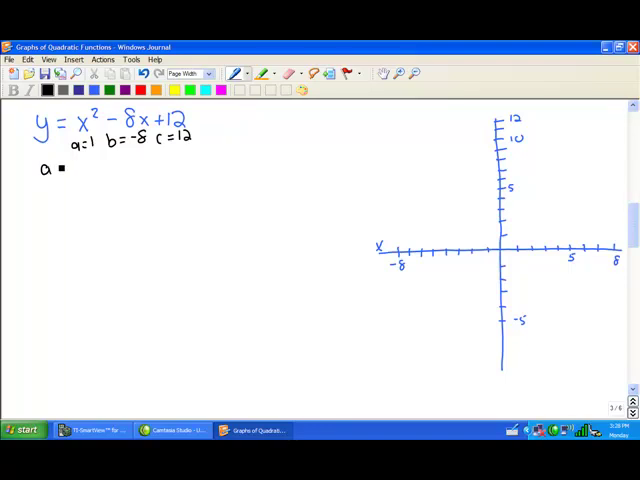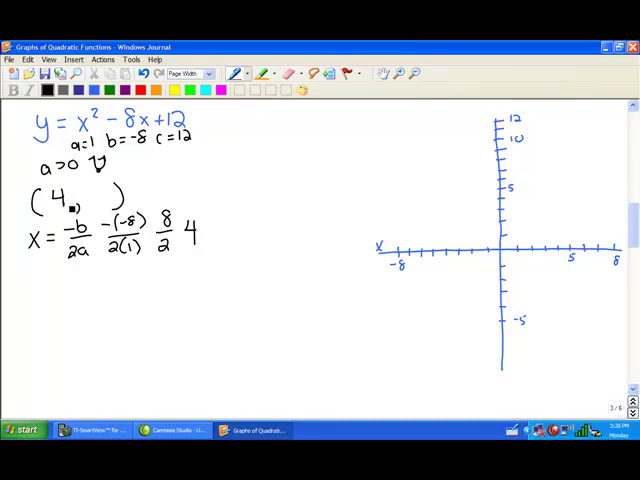We know from the a, since the a is greater than 0, this parabola will open up and will have a minimum. Now, let's actually find the vertex. The vertex formula for the x is going to be the opposite of b divided by 2a. In this case, we're going to take the opposite of negative 8 and divide it by 2 times 1. You'll notice that's going to be a positive 8 on the top divided by 2, or our x-coordinate will be